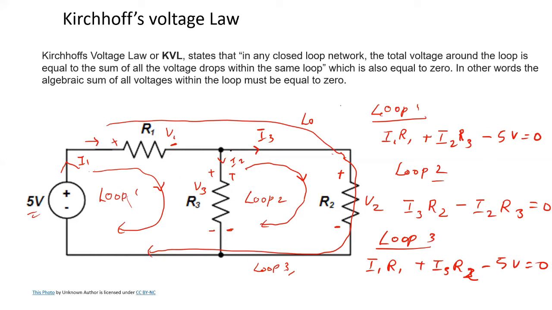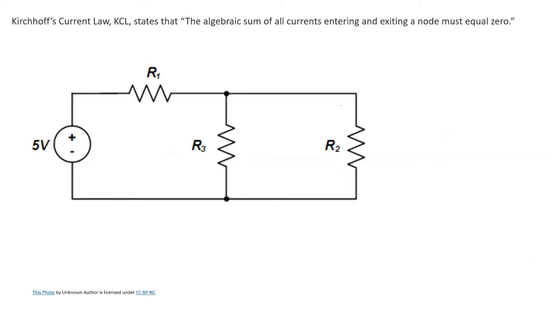Here we have another law called Kirchhoff current law, which says that at any node, this is the node, if you have I1, here you have I2 and I3. According to Kirchhoff current law, I1 is I2 plus I3. So this is Kirchhoff current law. You can replace I1 as I2 plus I3, solve for I2 and I3, and then you will get I1. Okay, is this part clear? Then we go for some problems.